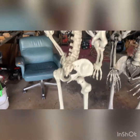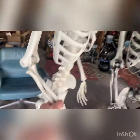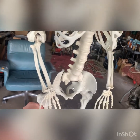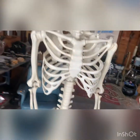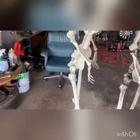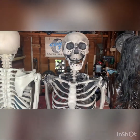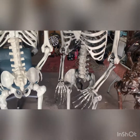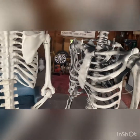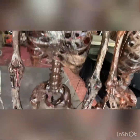They all pretty much look the same at Walmart, Home Depot, Lowe's, Amazon. It's all the same stuff. They're not the best quality, but they will work on what we're doing. I was showing in the video just now that the hands are pretty much garbage and you can't do anything with them. So you'll start off with distressing it with, I'm using flat black paint, the cheapest black flat paint you could find. And then we're going to work on to doing the staining,